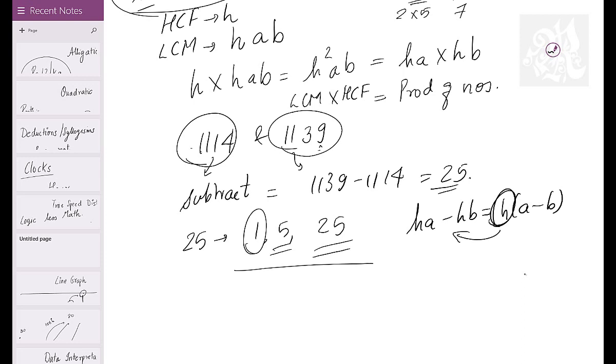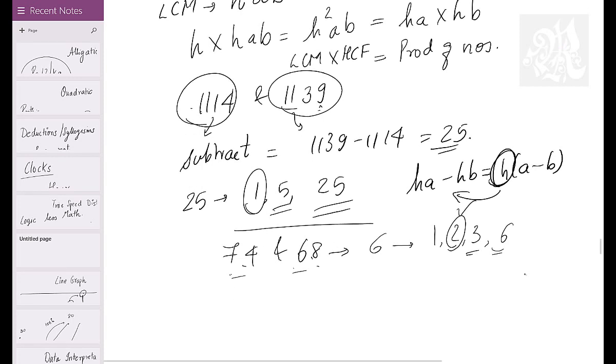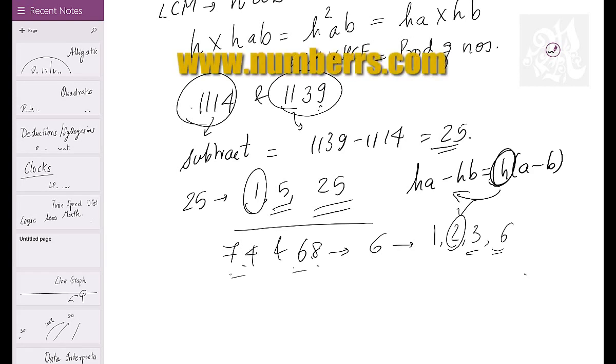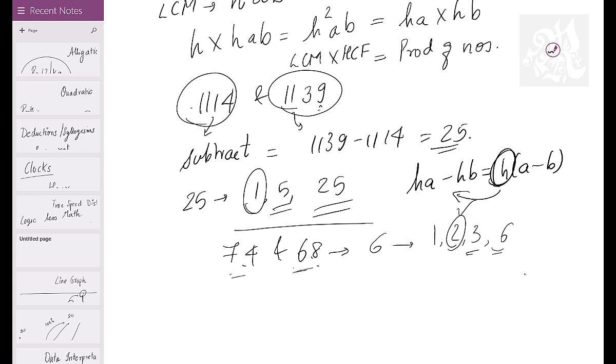Let's say you want to find out the HCF of 74 and 68. I'll just subtract. What is 74 minus 68? 6. What are the factors of 6? 1, 2, 3 and 6. Check for 6. Can this divide 6? No. Can this divide 3? No. Can this divide 2? Yes. And that will become the HCF. That's why we always start from the highest number, which is 6. So we'll try if 6 is the HCF of these two. Doesn't work, because 68 cannot be divided by 6. Neither can 74. Then what do we do? Check for the next number. Next highest number is 3. 3 cannot divide 68 or 74 either.